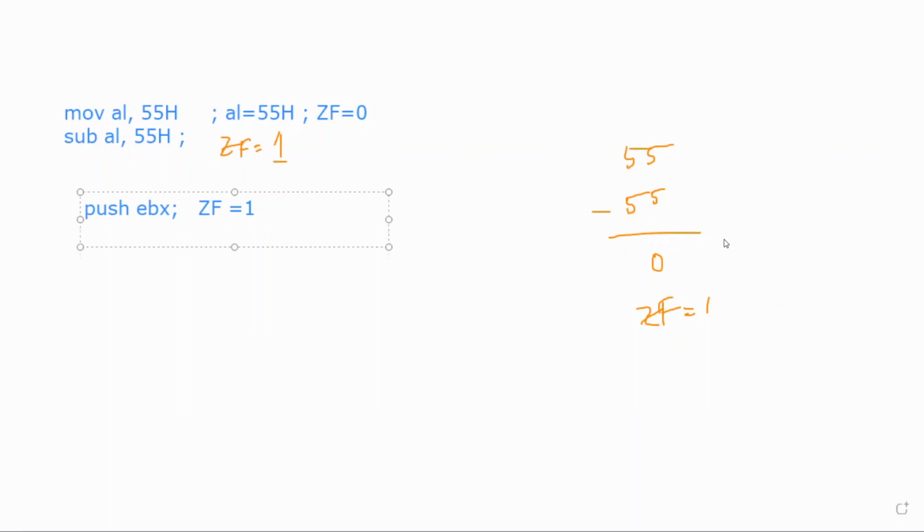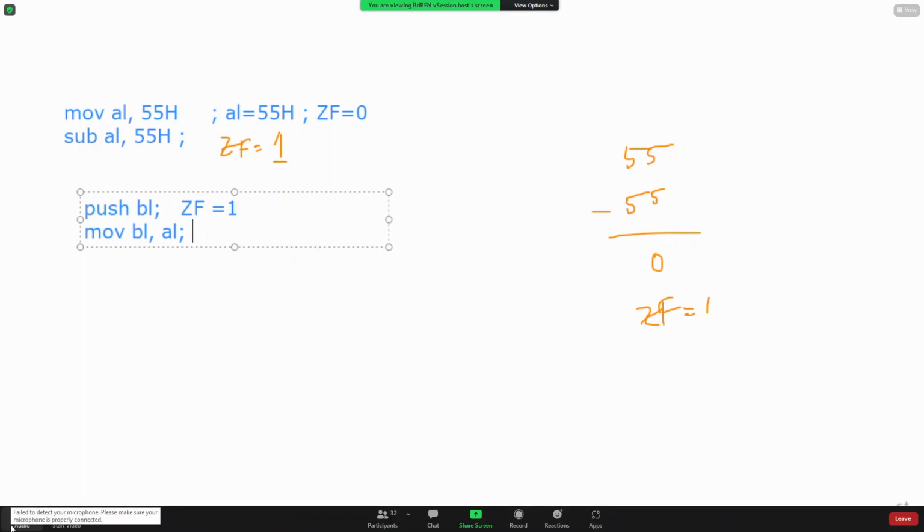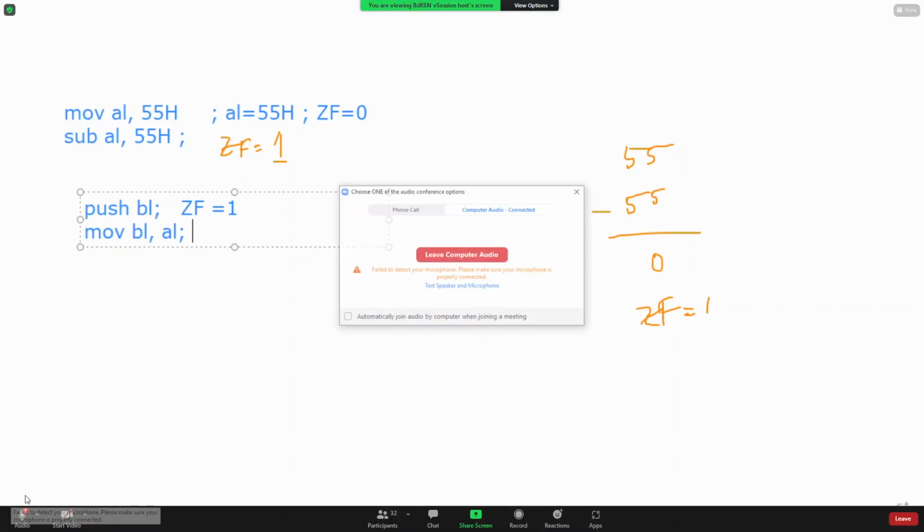Okay. After that, we are going to perform another operation, that is move EBX, or we can take just the lower byte of the 32-bit register. Okay, so now move BL equals AL. After a move operation now, what is the value of BL? These are some sequential operations. That means one operation is related to its previous operation.